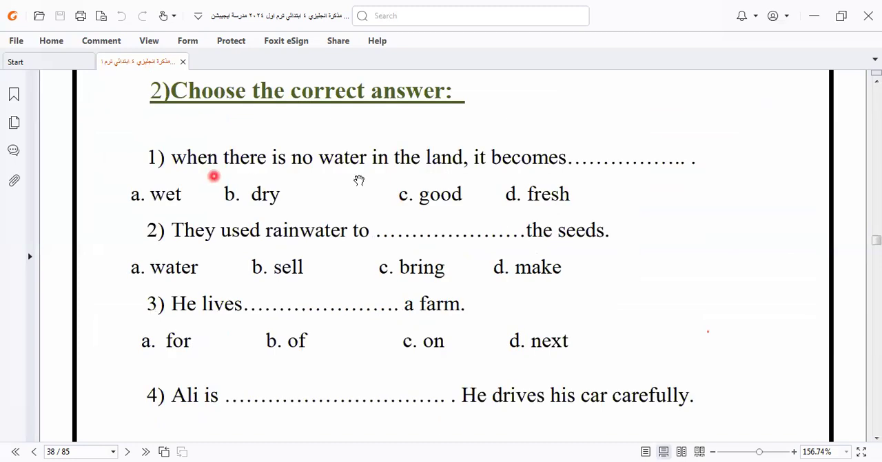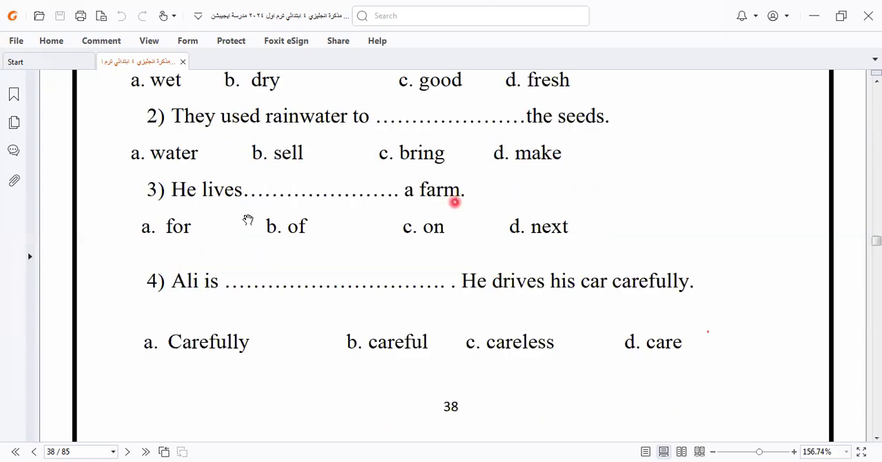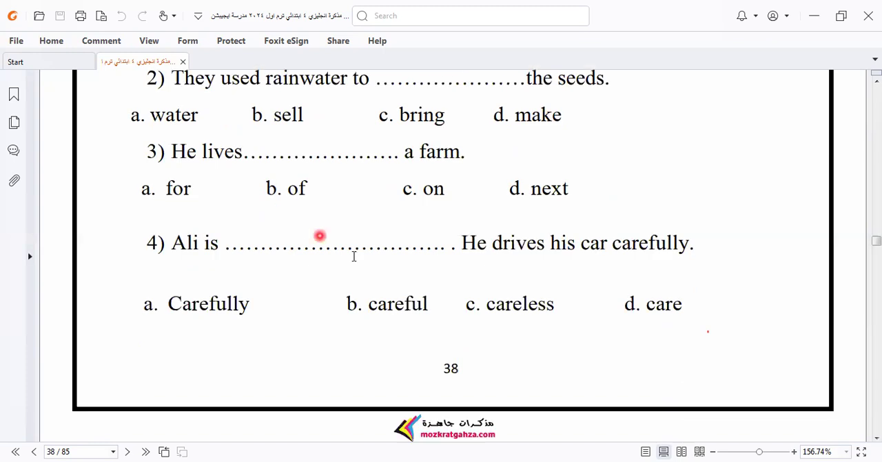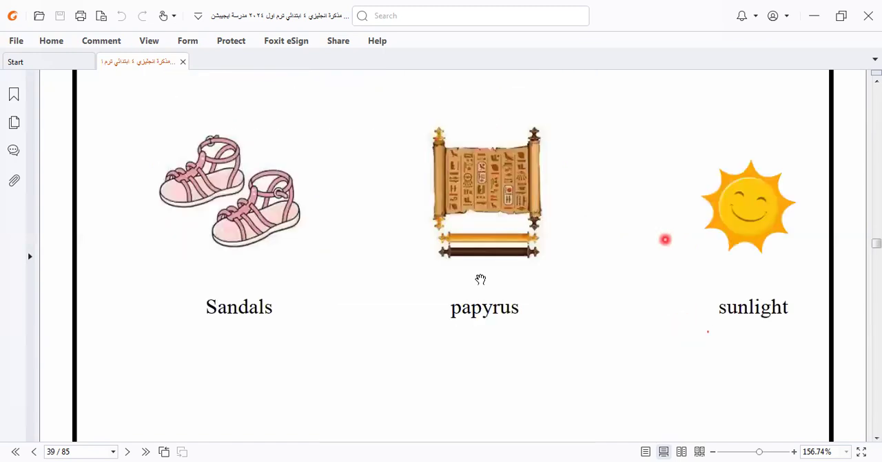Okay. When there is no water in the land, it becomes what? It becomes dry. This one. They used rainwater to water the seeds. He lives next to a far. He lives next to the farm. Ali drives carefully. So the answer will be care, because careful is coming from the adjective care. Here we have writing, thunder,